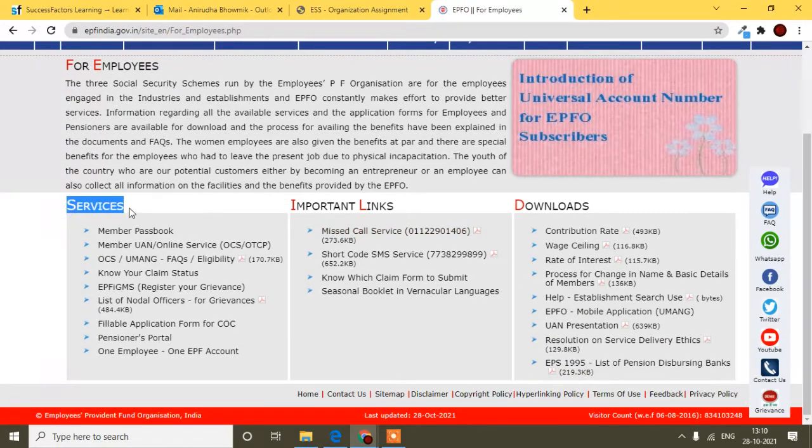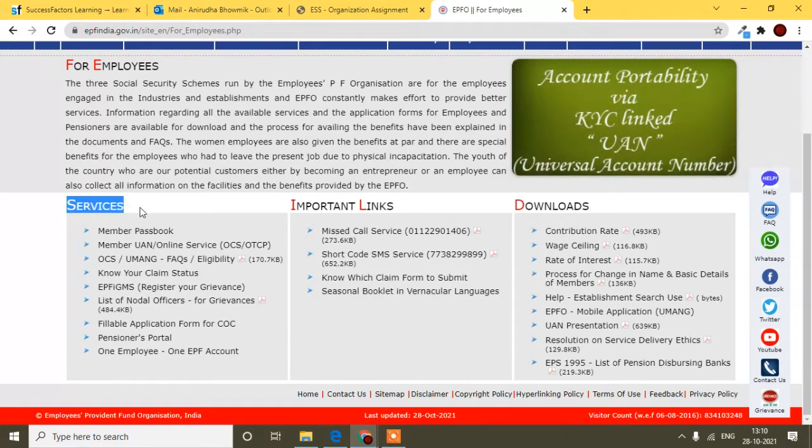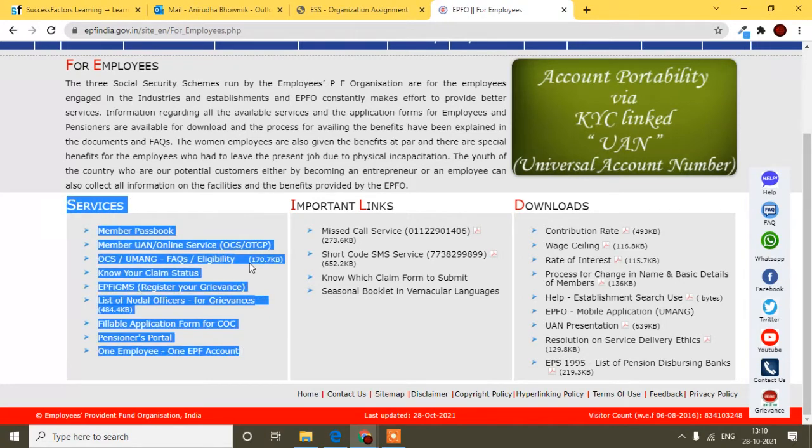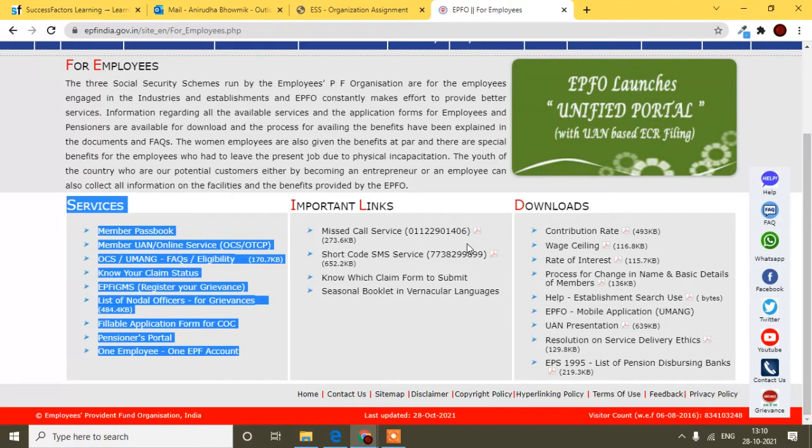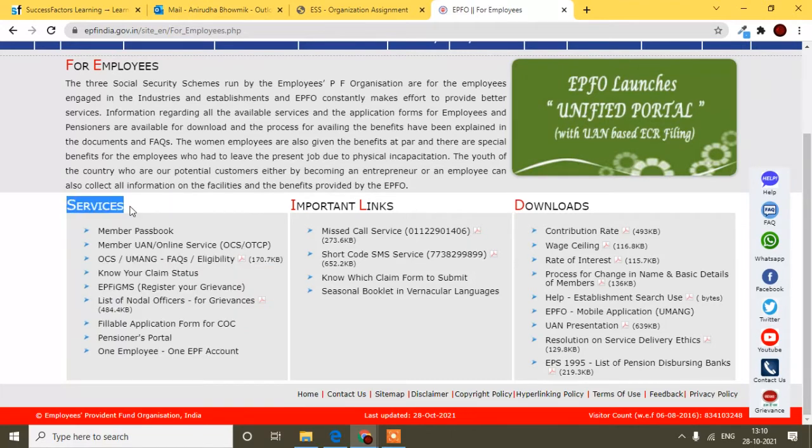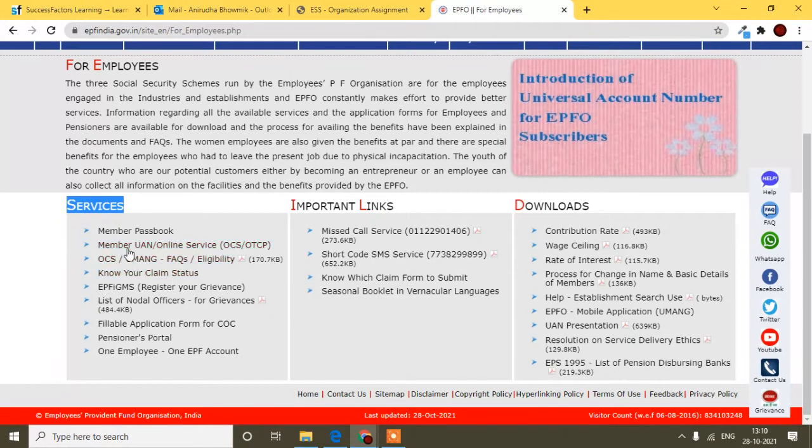Guys, just remember, you have to check here for Services. Sometimes this box will be in a different position when they update their website, but just follow the process. Get to Services, and after that you will find Member UAN Online Service. Click this one.